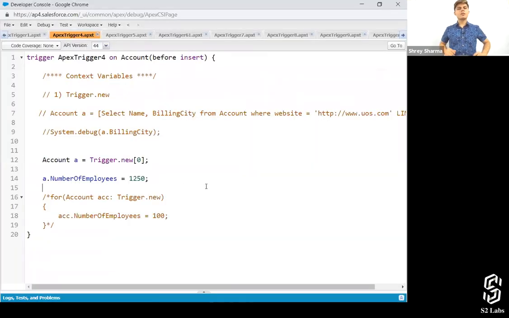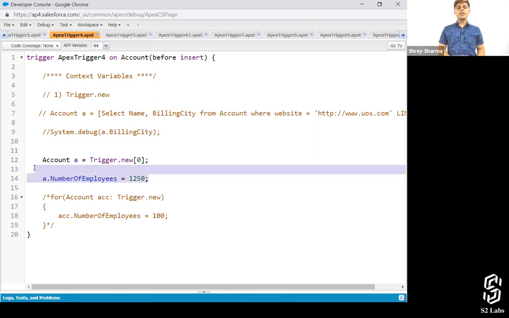Okay. But there is a problem with this code. Can you tell me what it is? Exactly. So currently I'm creating the records manually, and manually I can create only one record at a time, right? That's what it is. But whenever I try to create more than one record using the import operation or with the help of code, then in that case, this will only update the number of employees value for the first record, not for all the records, right? So that's a problem. So in that case, what do I need to do? I should do this for every record.